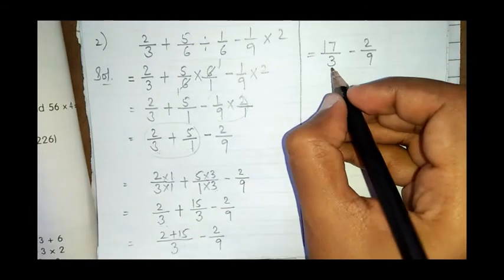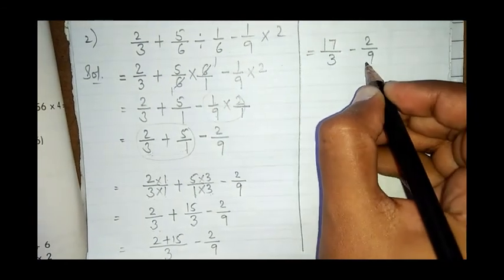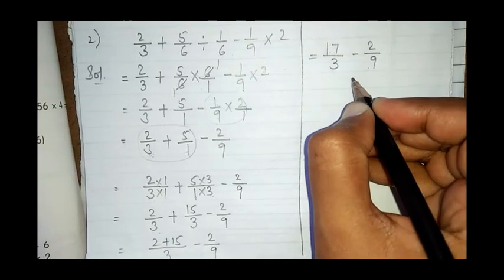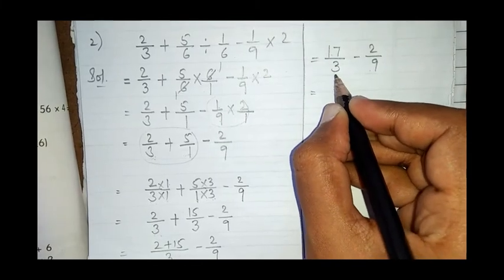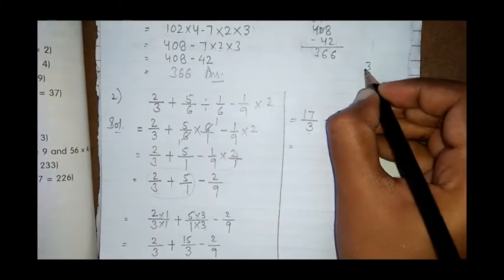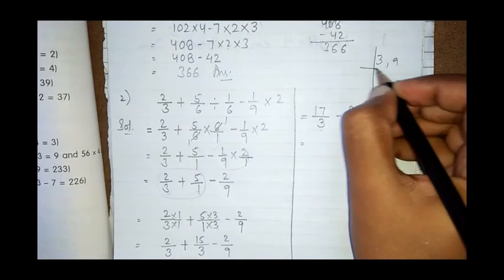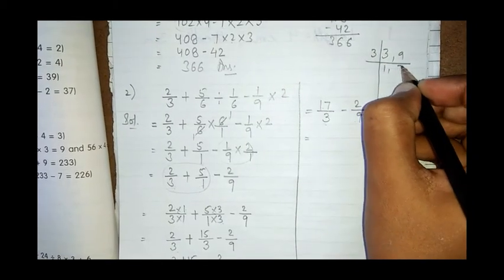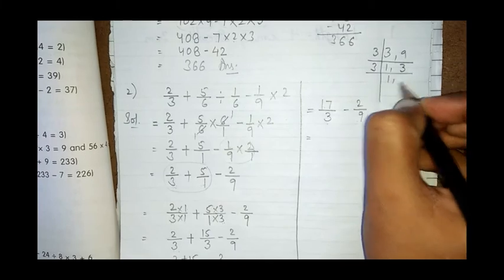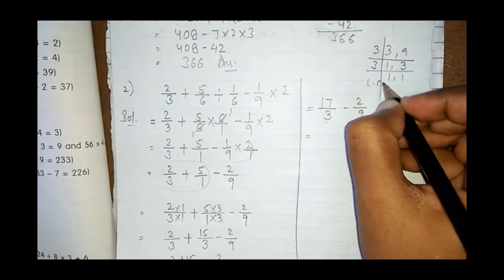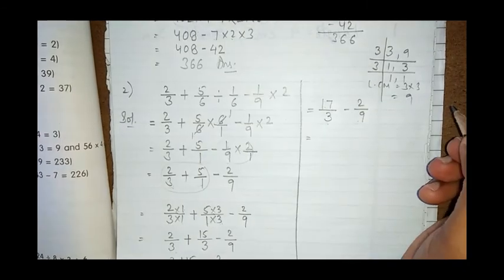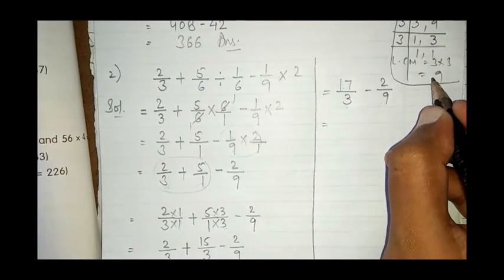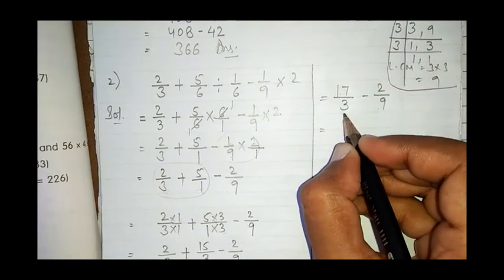Okay. Now subtraction will be done, but again you can see that the denominators are not same, so we cannot subtract the numerators. We have to make the fractions like. So we'll take the LCM of 3 and 9. The LCM of 3 and 9, you can do it orally also, and if you have any doubt you can solve it in rough. 3 1s are 3, 3 3s are 9, again 3 1 1. So the LCM is 3 into 3, that is 9. Okay, this you will solve in your rough column.